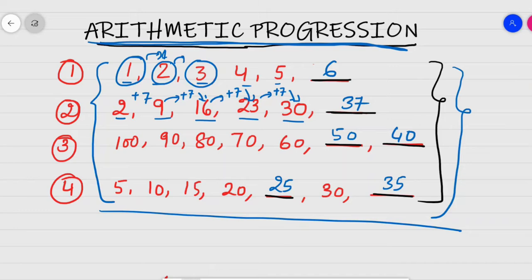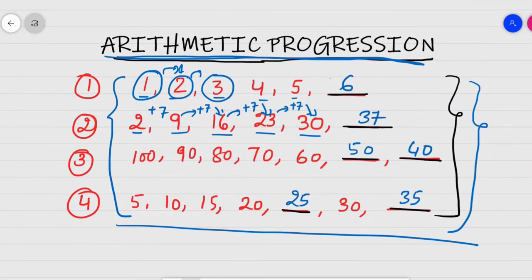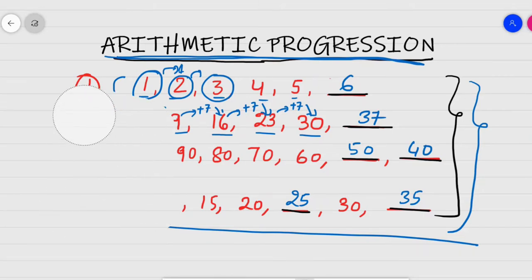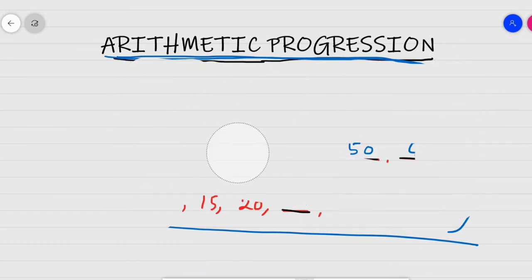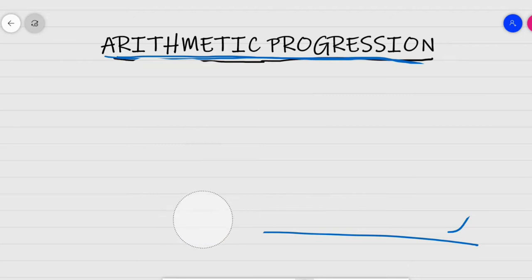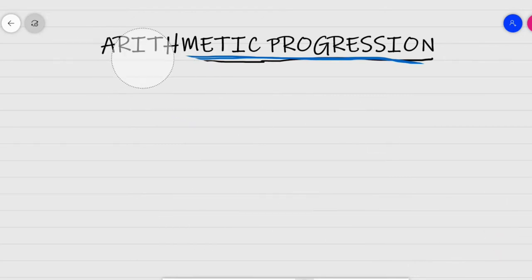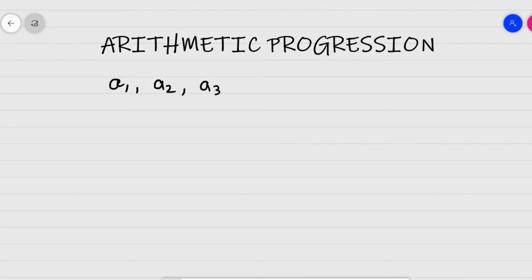Okay, now see children, to understand this arithmetic progression, let us see how it is denoted, how people denote it, and how you can move forward with this particular topic. Let us try to understand. Now see, always the terms are indicated as a1, a2, a3, a4. This is an arithmetic progression. It is shown by AP. AP is equal to a1, a2, a3, a4.